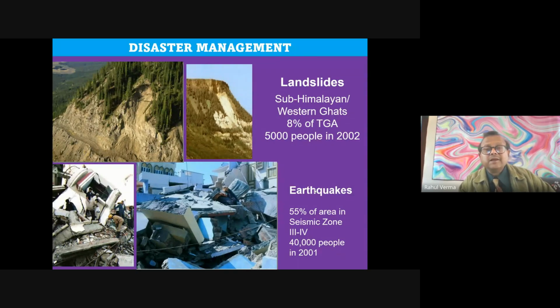And there is something called hazard and disaster. Hazard means something happening naturally. Like if you go to a mountainous region, the Himalayan region, a lot of rocks fall every day. So that is a hazard. But if a rock falls and some people are killed and some buildings are damaged, then it is called a disaster. Okay.